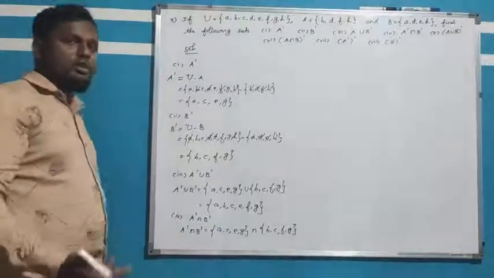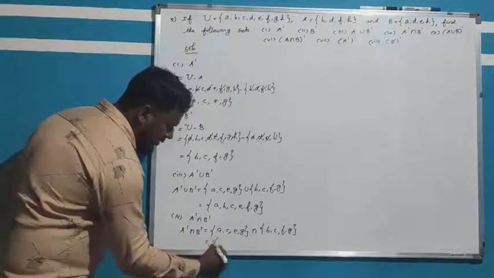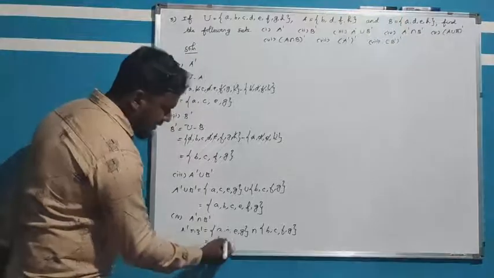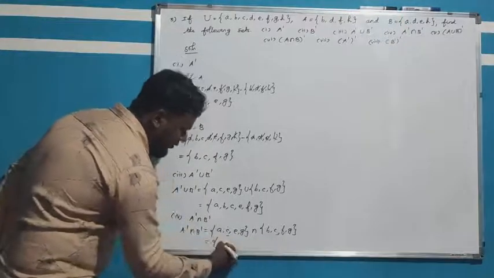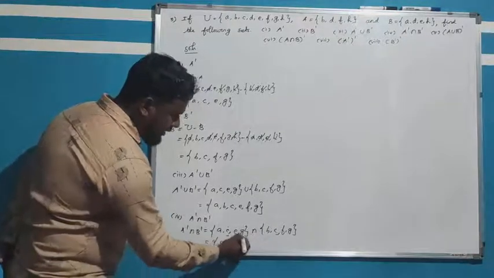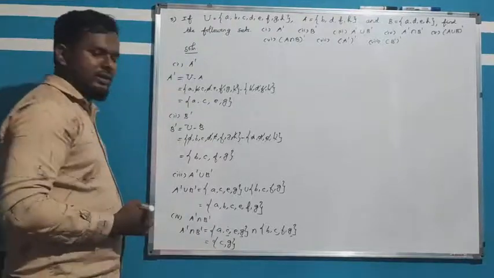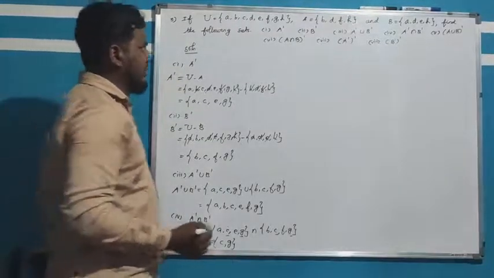Intersection means it contains common elements. In the two sets, what are the common elements? You have to check. C, C common, so C we can take. Then next, G, G also common. So C and G only are common elements. Now next you can find